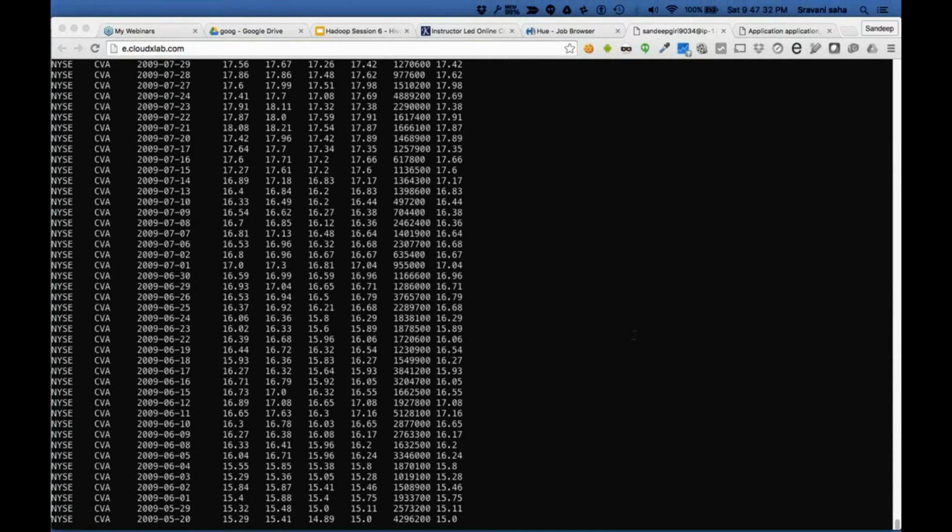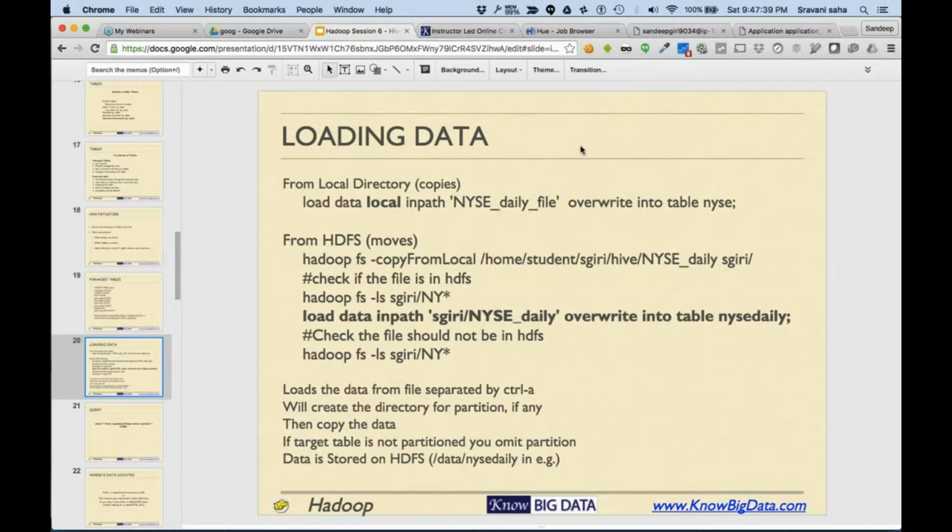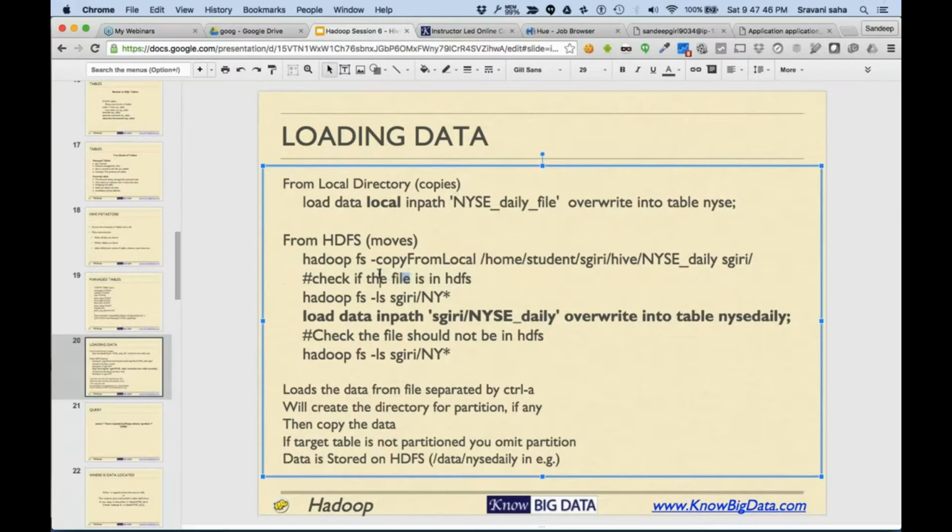So you can easily query your data which is lying in HDFS. All right. So again, here I first tried to load the data from the local directory. In a similar way, you could load the data from HDFS. First, you make a copy from the read-only place.